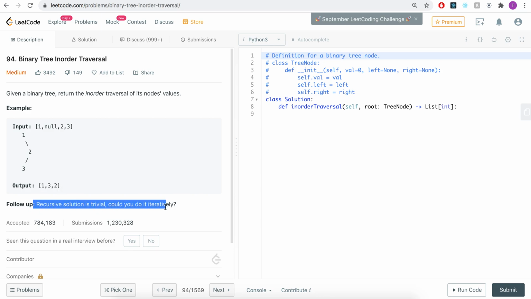The follow-up says the recursive solution is trivial, could you do it iteratively? Okay, LeetCode, that feels a bit like a personal attack. So we're going to do it both ways. Let's start with the recursive solution, because generally tree traversal problems lend themselves pretty easily to recursive